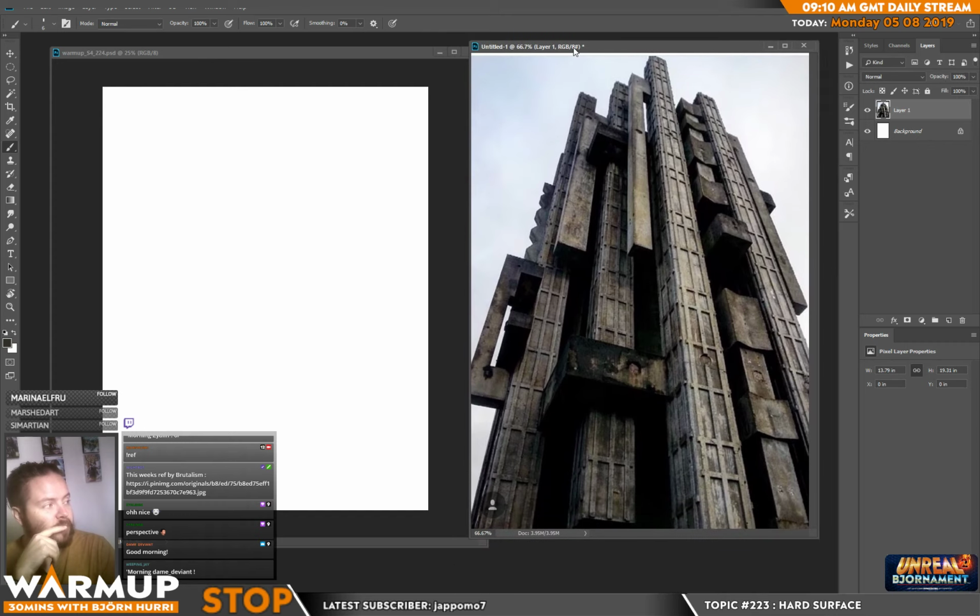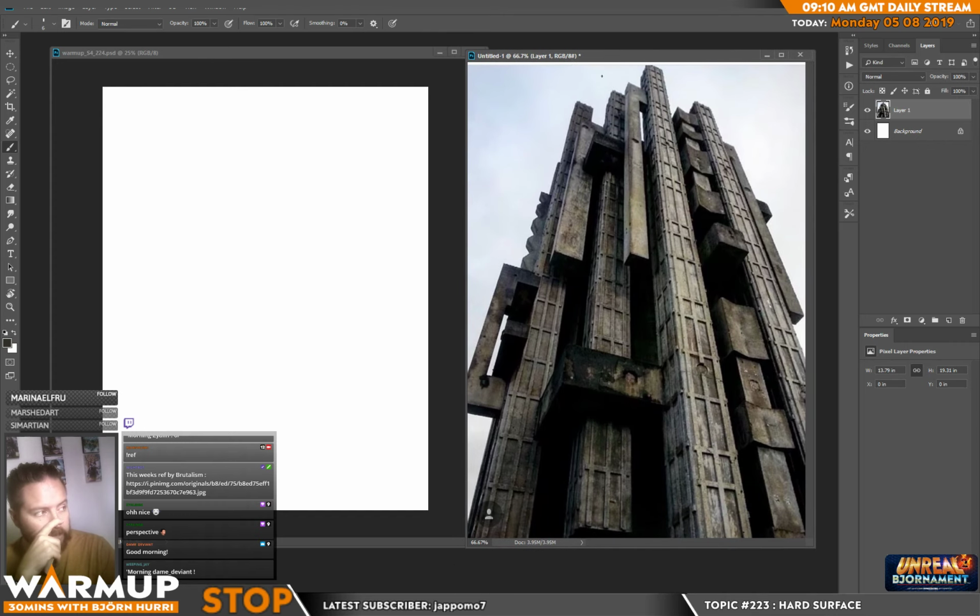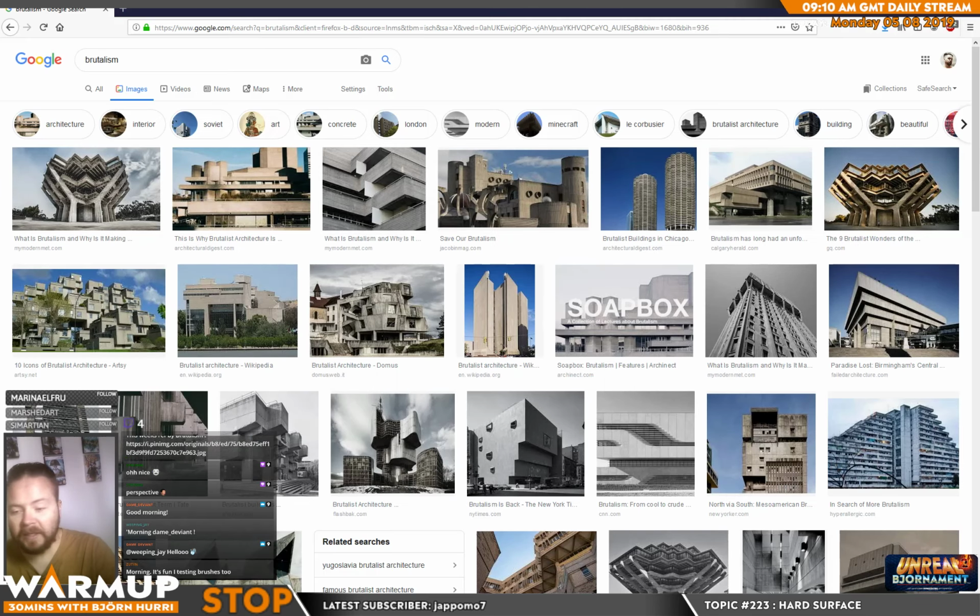So this is this week's study. Some brutalism architecture. Brutalism is this really fascinating architectural style. If you are unaware of it, it is this kind of